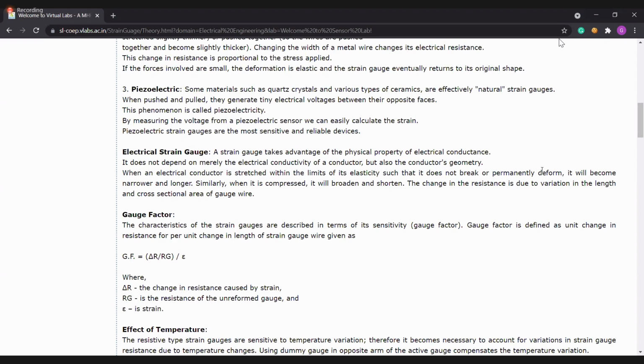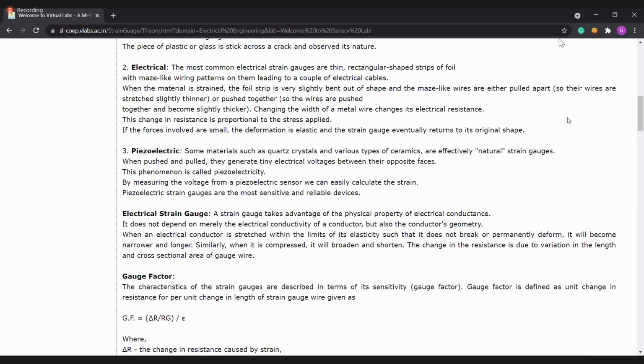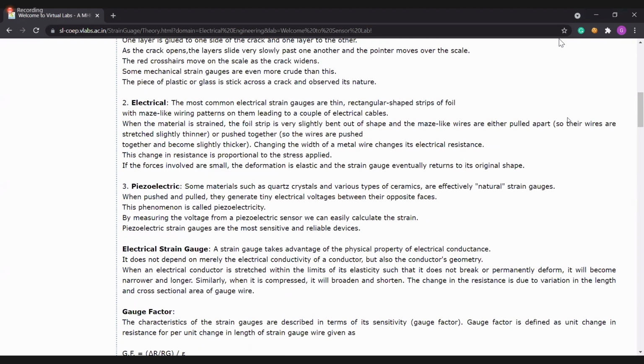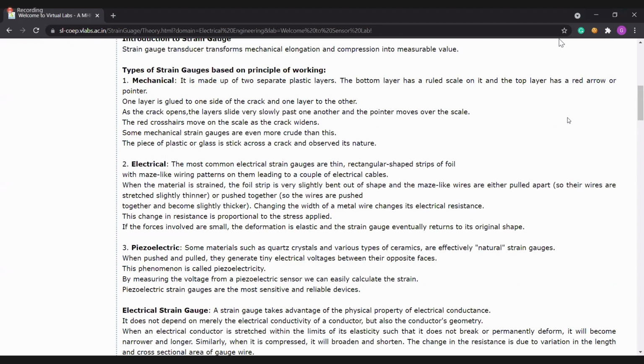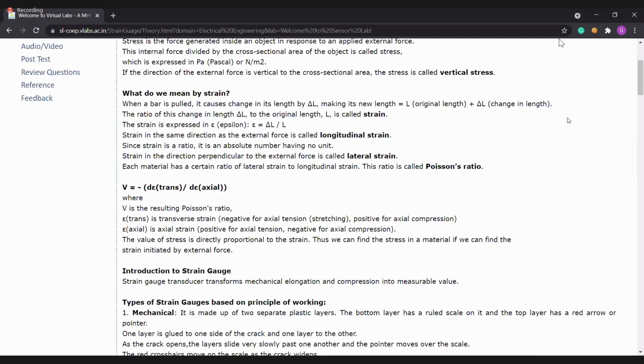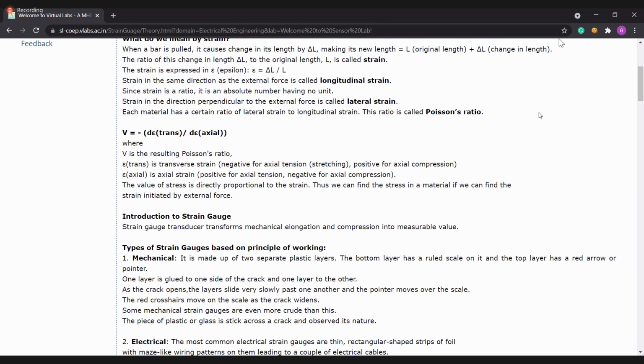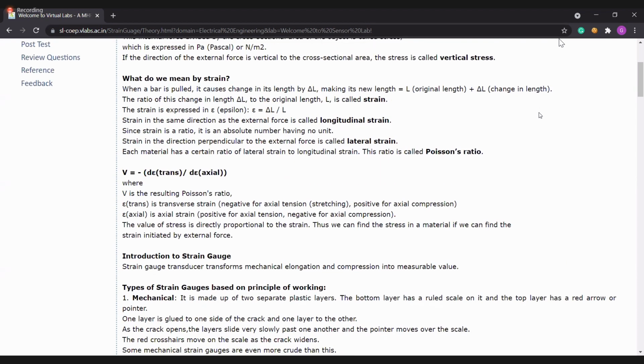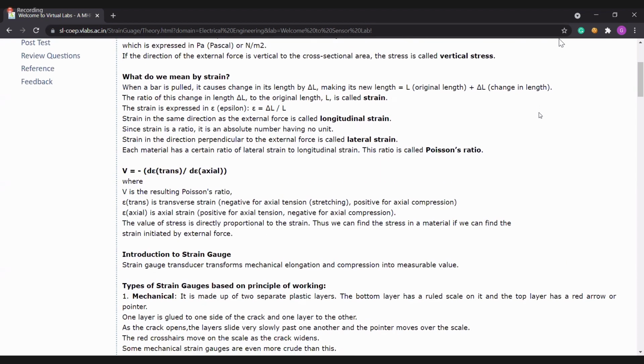What is the definition of the strain gauge? Strain is force generated inside an object in response to applied force. If the internal force is divided by cross-sectional area, then it is called strain, sir.